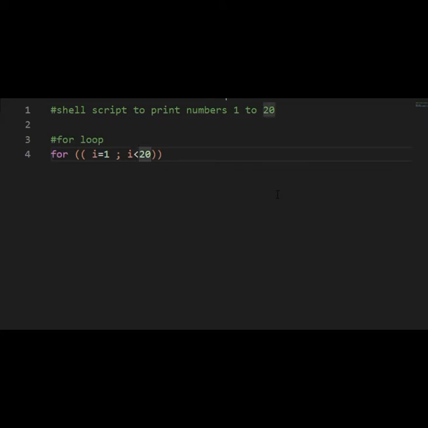And if we want to print 20 also, then we can put it as less than or equal to 20, and we are incrementing the value of I for every iteration by 1.